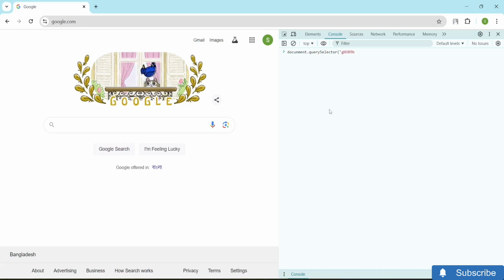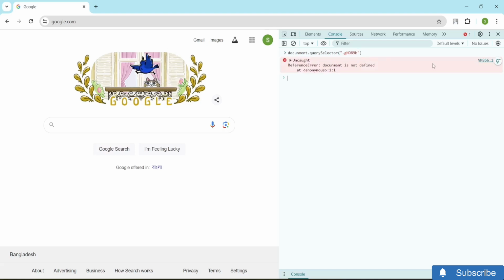And now I will just click on Control V to paste the code right over here. And also we signify class by putting a dot in front. And again, I will just close this one, double quote, and let me just close this one right over here as well. So as you guys can see right over here, I do have this particular code like document.query